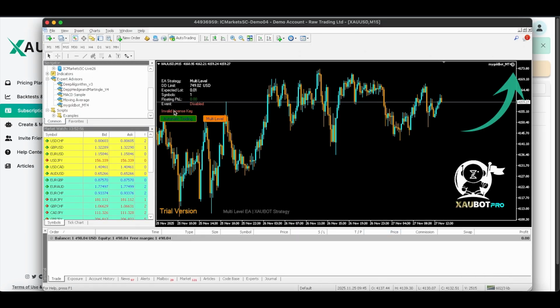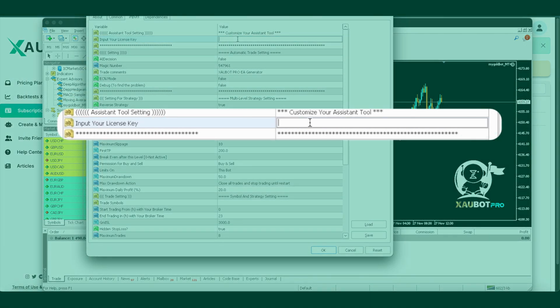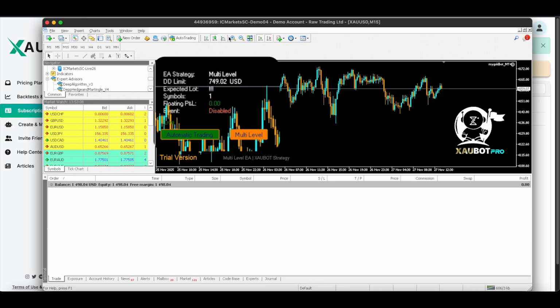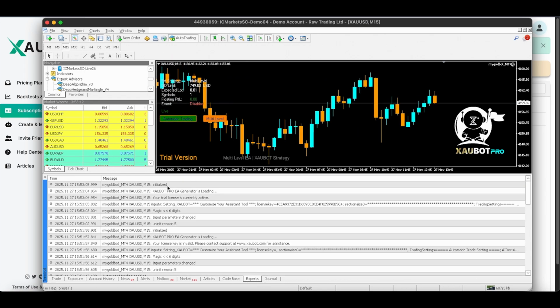Once that's done, head over to the bot settings. Enter your license key again to activate your bot. After saving, your bot should now be live, and you should no longer see any errors in the Expert or